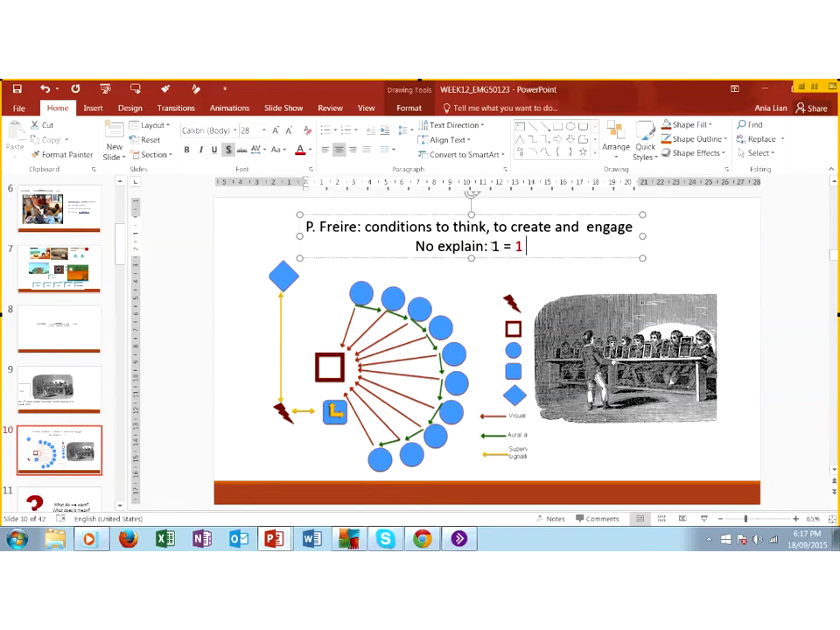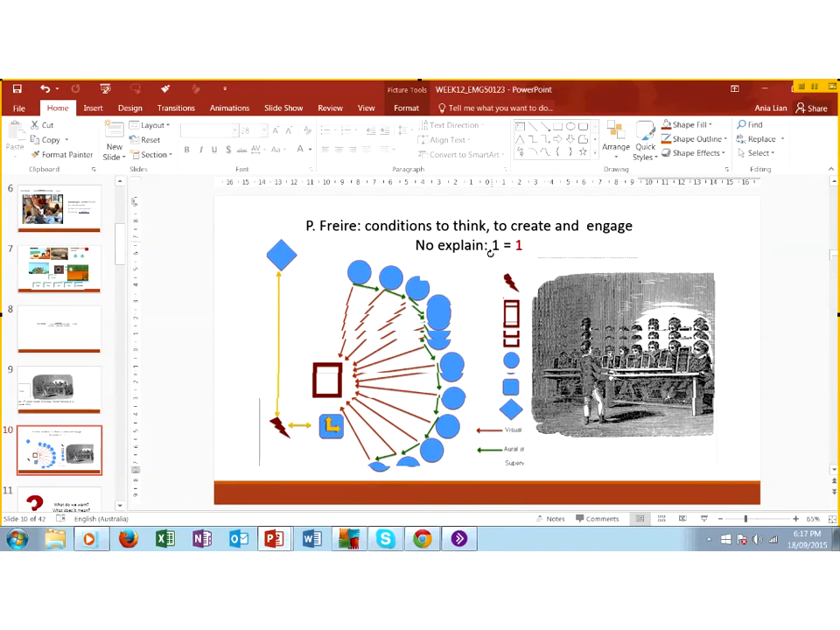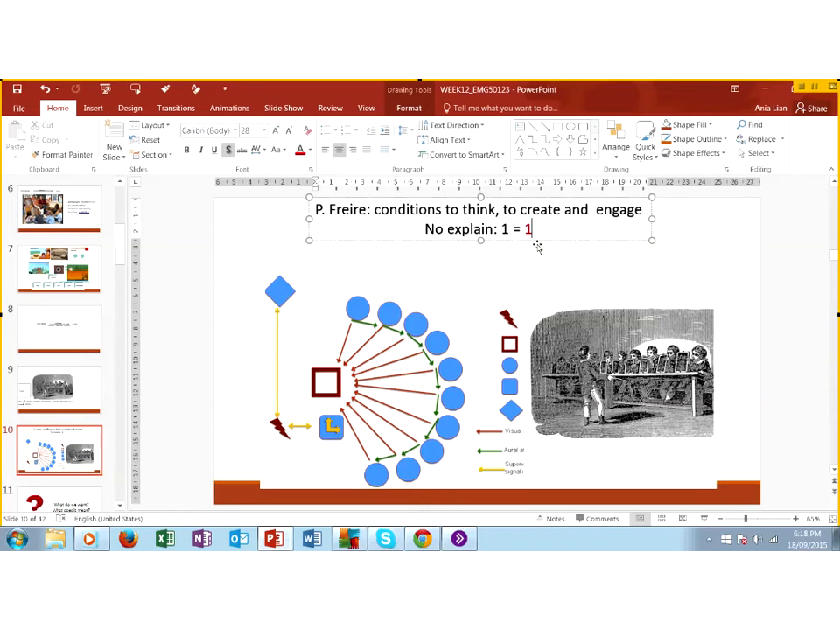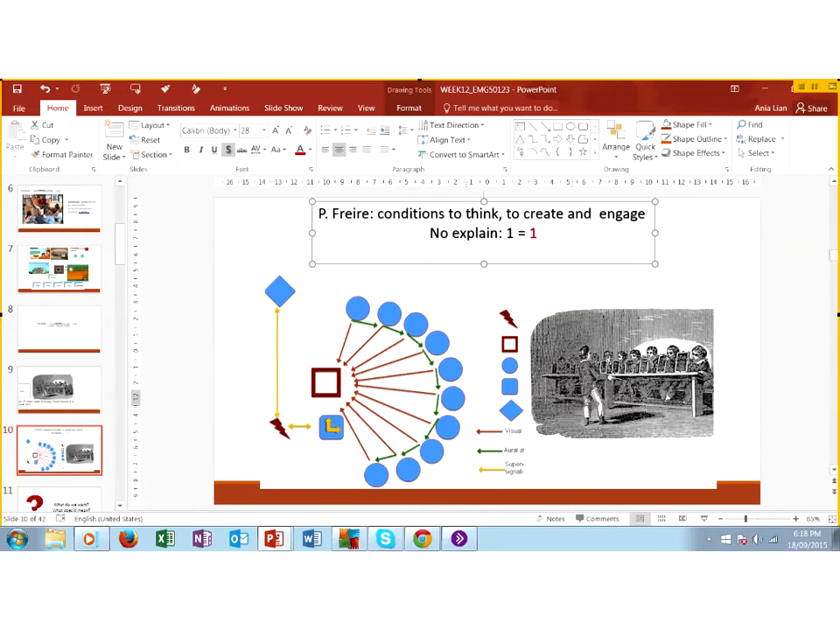Yeah, that's true. There's a problem there, right? How teachers will see the relationship, how teachers will produce an explanation, and how students actually hear it are two different things. But if you create conditions to engage, to create, to think,